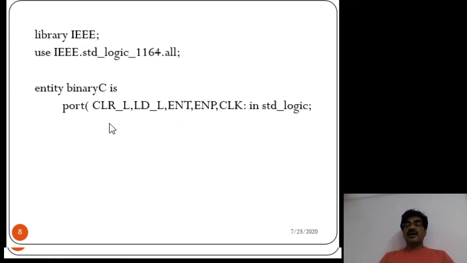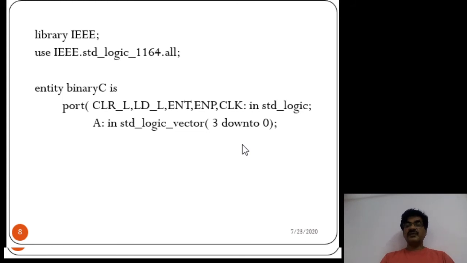Here I am declaring clear at active low, load at active low, input ENT, ENP, clock signals. All these are inputs, and the data type is standard logic. Another input is A. Here, instead of ABCD, I declared only one object with the name A, but in the form of an array, that is standard logic vector consisting of 4 locations, A of 3 to A of 0.